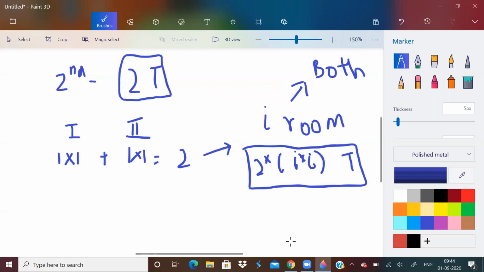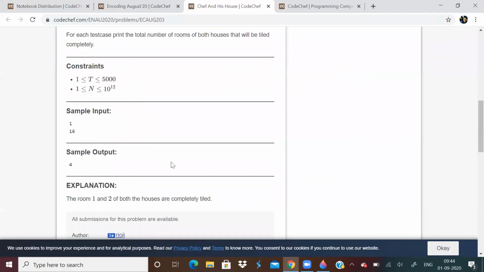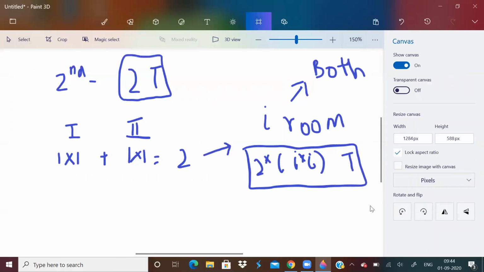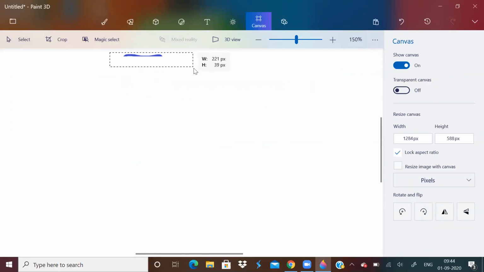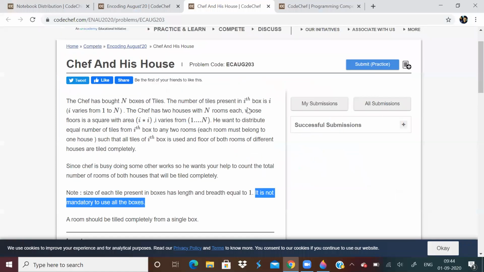So let us take the test case example and I'll explain. Suppose there are 16 boxes and every house has 16 rooms.